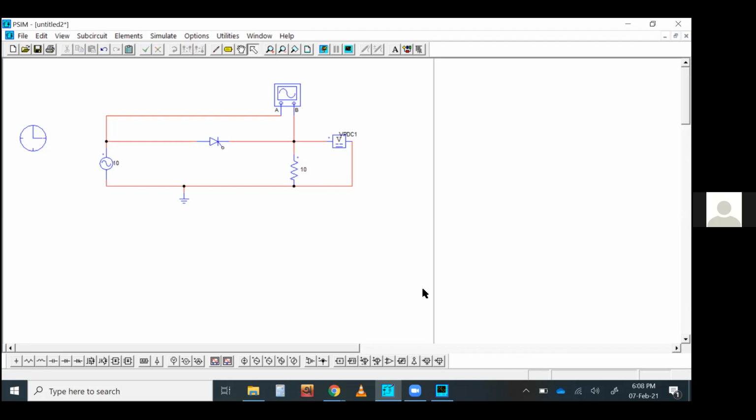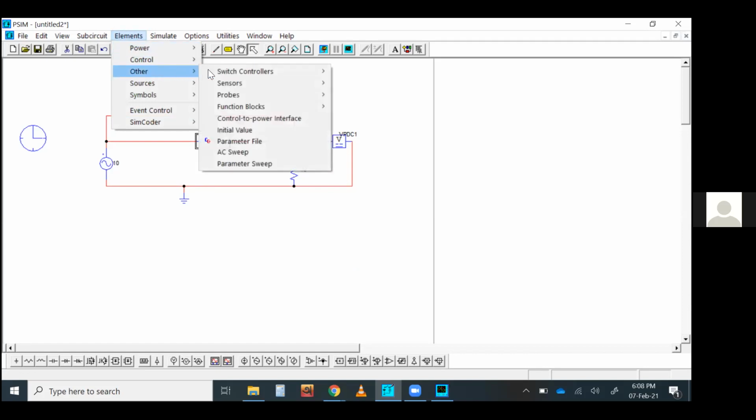Same goes for the thyristor. For this thyristor, you're going to need another kind of gate controller. You will find this gate controller in the switch controller. Go to the others and find switch controller. This is the on-off controller, which a few moments ago I showed you. That's used for IGBT, MOSFET, and BJT. And this is the alpha controller. This is the thing which is going to control the alpha, I mean the firing angle for your thyristor.